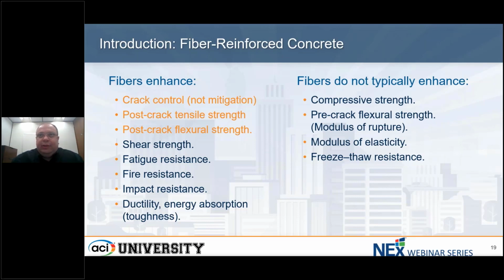These typically include compressive strength, pre-crack flexural strength, or what we call modulus of rupture. So this is the strength which cracks the concrete, again, not affected by fibers, modulus of elasticity, freeze-thaw resistance, and among others. Now, to just give more of a rationale behind this, we have to think about the fibers as a